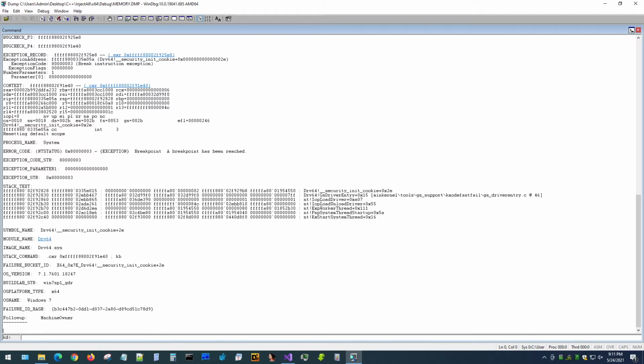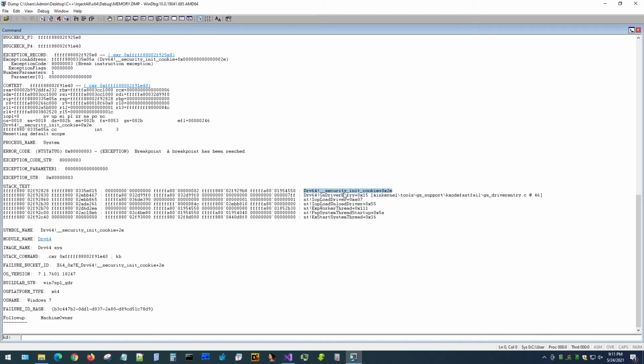Now this part, you can probably write a tutorial of its own on how to analyze crash dumps. But what's important for you is the call stack. You can see basically what was happening, and the last two entries are functions in your driver. So this one is the driver entry, which is where your code came from. And the one that failed is this last one, which really gave me a lot of